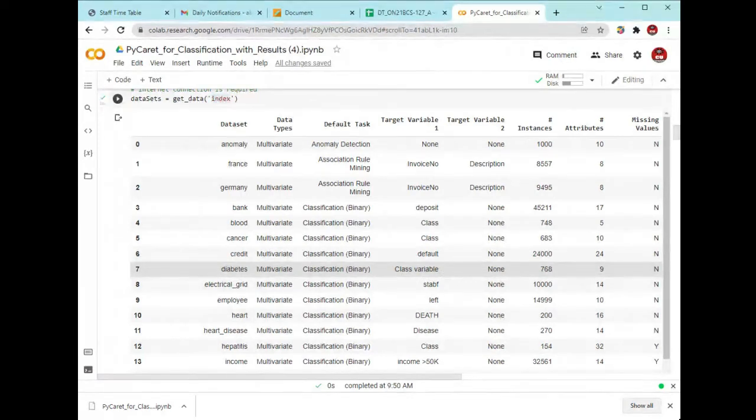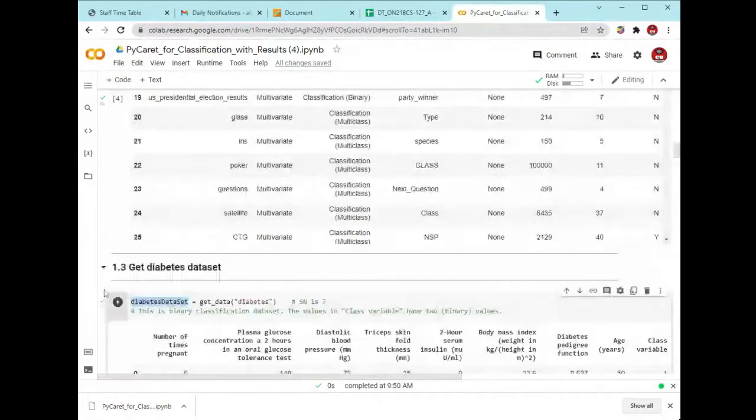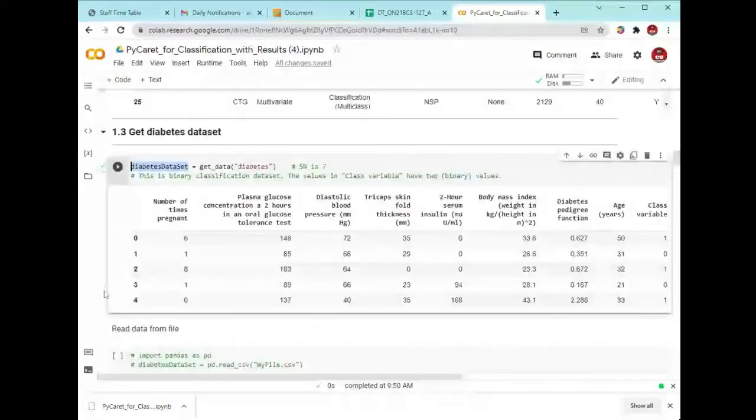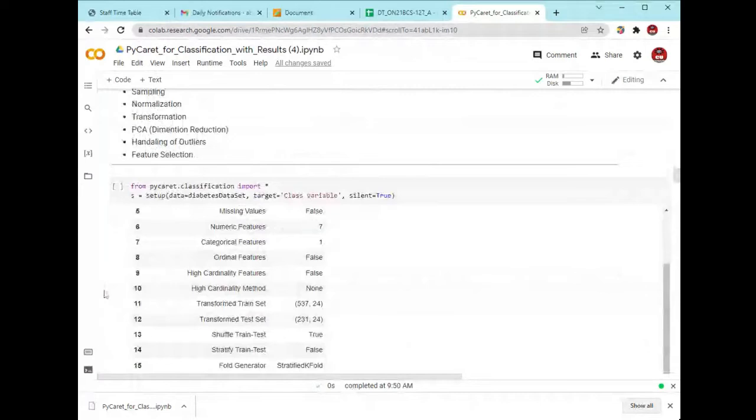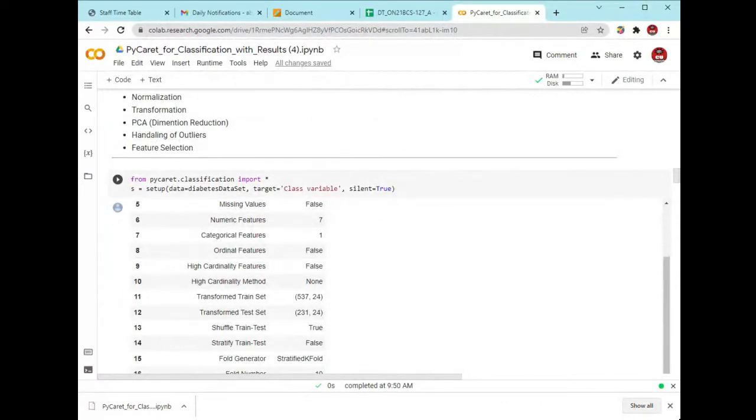This is the target name which we have to define inside this particular setup function. You will see in this setup function we have defined the target as the class variable and we put silent equal to true. That means it will show the output only, it will not show the runtime output.